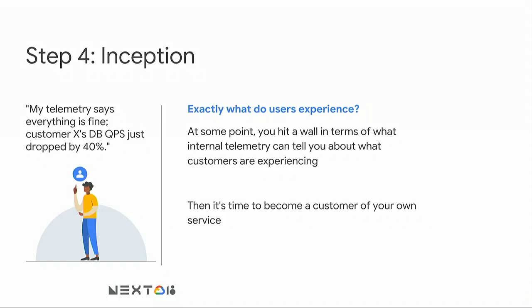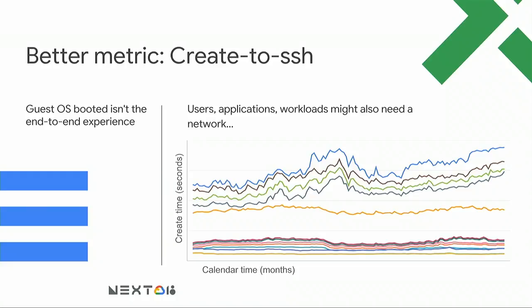Essentially, you want to build your SLIs in a way that directly reflects what the customer sees. A good example of that is that my original metric was time to when the guest OS finished booting. That's not the whole story. Most customer applications, most users, if I'm SSHing, they don't care when the guest OS finishes booting. They care when they can actually get access to it or it can start serving. So it probably needs network to be provisioned as well. A better customer-facing metric is the time from when we receive the API call to when you can SSH to it. And those new lines that you see, that orange line in the middle, was the original guest OS boot line, and I've just added the network provisioning steps and network path programming, internal and external, and all that